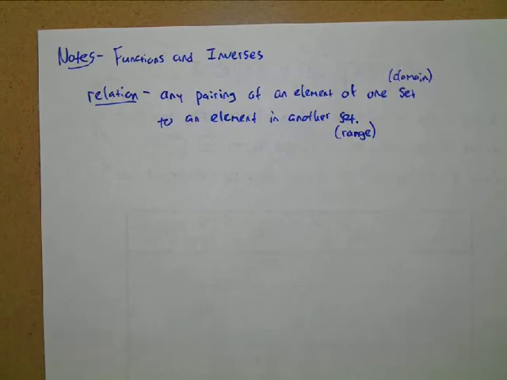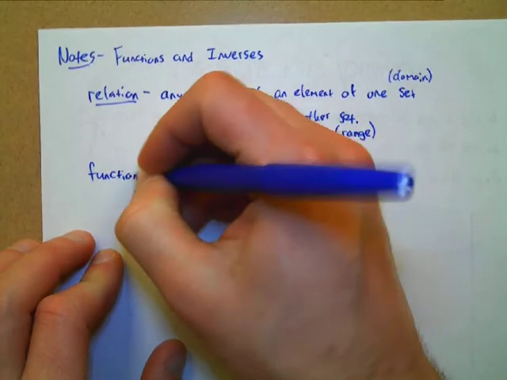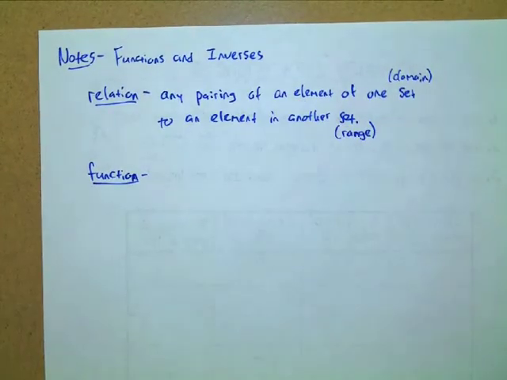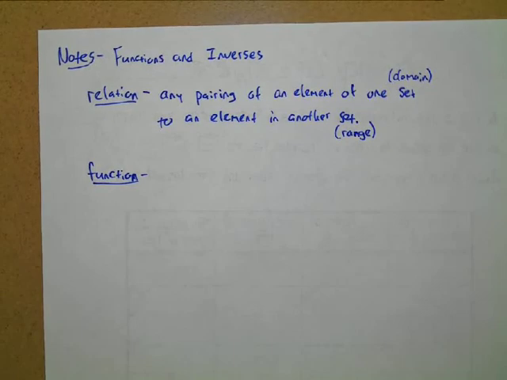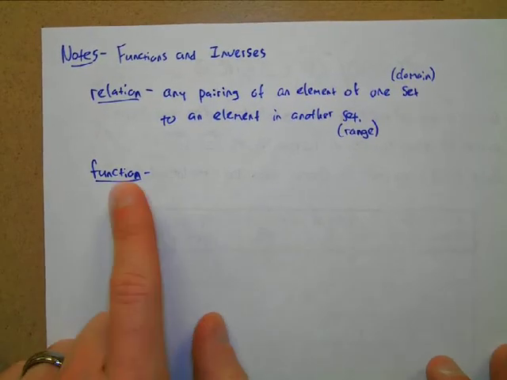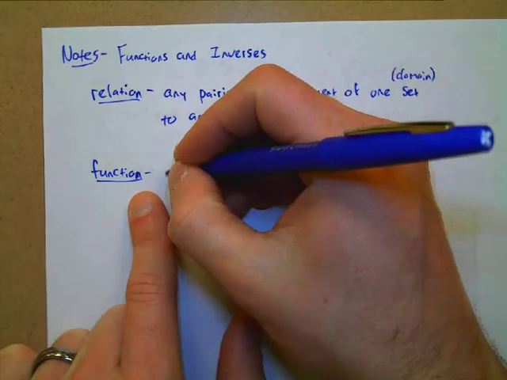But then more specifically, a special type of relation is a function. If you remember, maybe in the past there were times when you had to determine: is this graph a function, or is this relationship a function? So things don't have to be functions. We throw that word function around a lot, and we forget that it actually has a meaning and it's special. It's not just something that happens all the time. So a function is a relation,